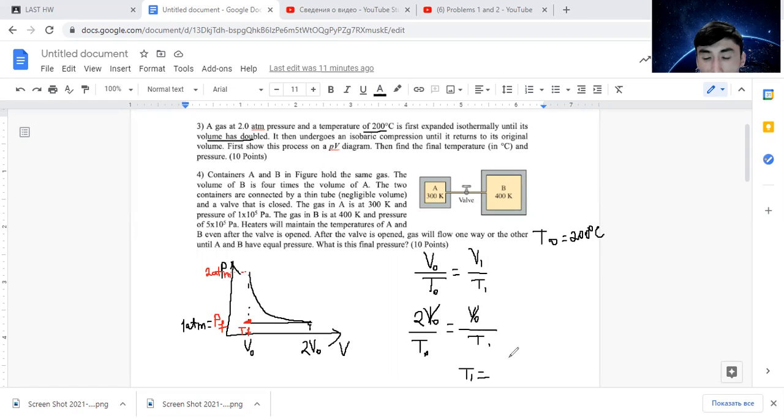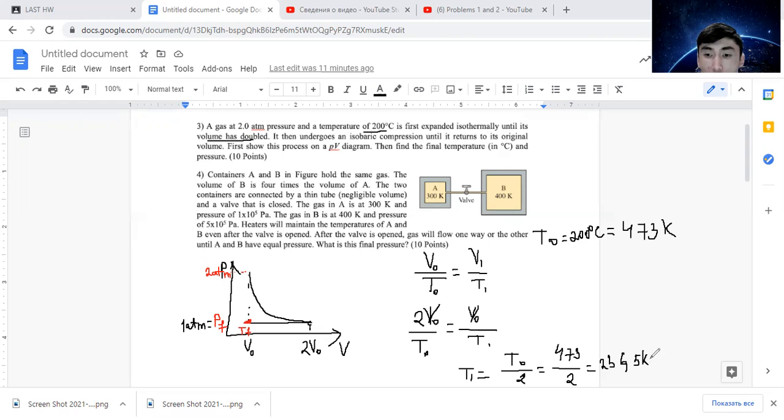T1 equals T0 over 2. T0 is 200 degrees, and we will convert it to Kelvin. Here will be 473 Kelvin. 473 over 2 equals approximately 236.5